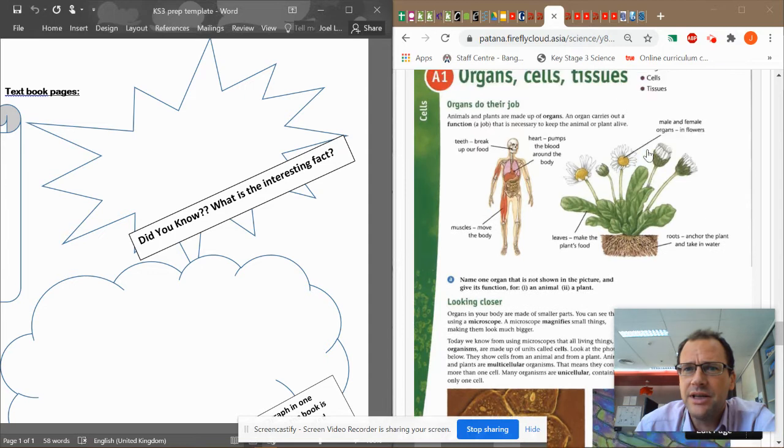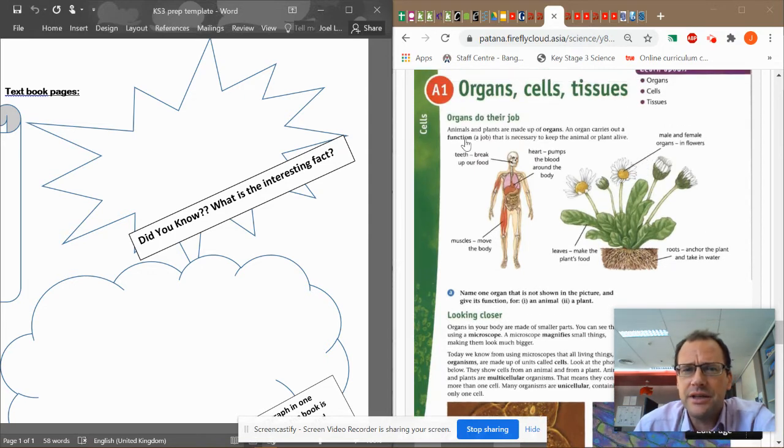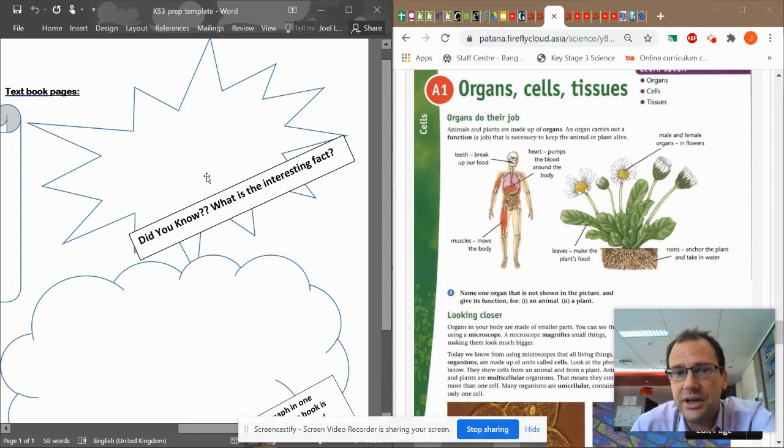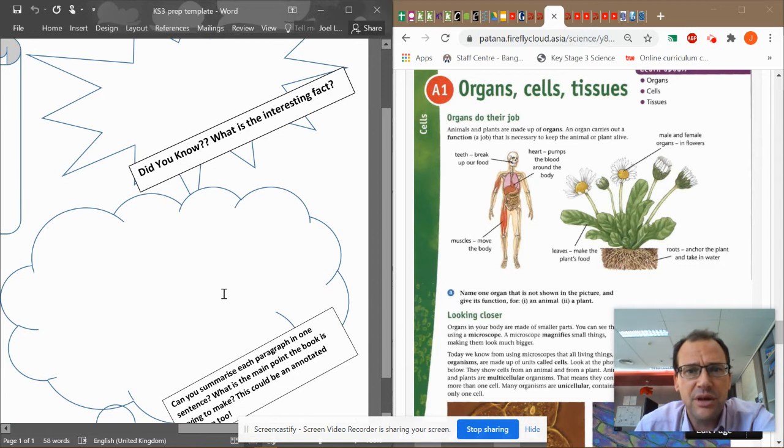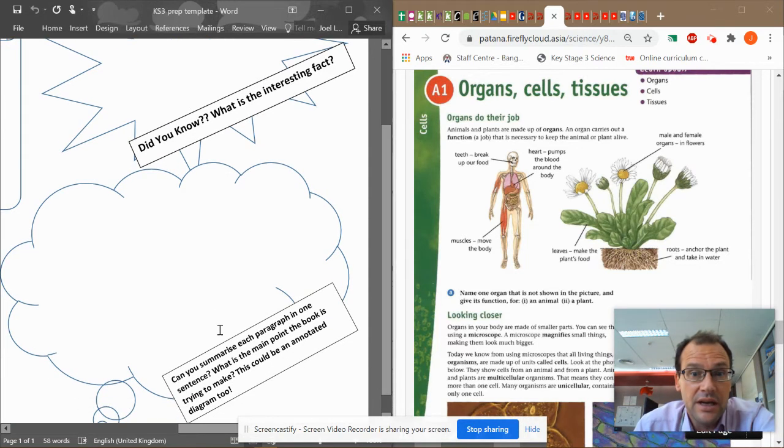Now if we look at here, we can see organs. We now know that teeth, heart and muscles, leaves and flowers are all organs, right? So we could say our interesting fact is some of these things I didn't know were organs are actually organs, and an organ is a collection of tissues working together to perform the same function. And then in this big bubble here,